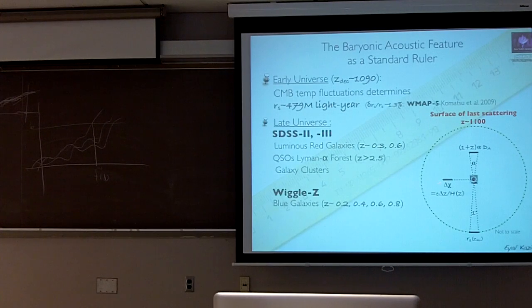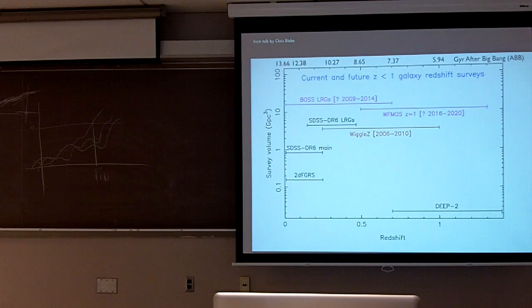An even more exciting thing you can do is measure clustering along the line of sight, and you can use that to measure the expansion rate of the universe, because measuring things along the line of sight is sensitive to the rate at which the universe is expanding. So you want to measure clustering both transverse and along the line of sight. Like I said, many surveys are underway to follow up on Daniel's measurement.